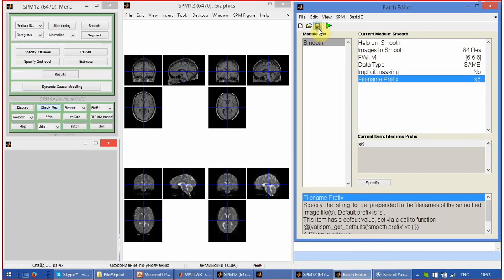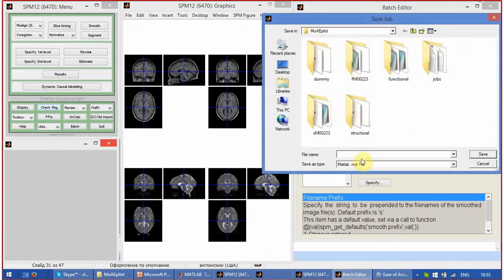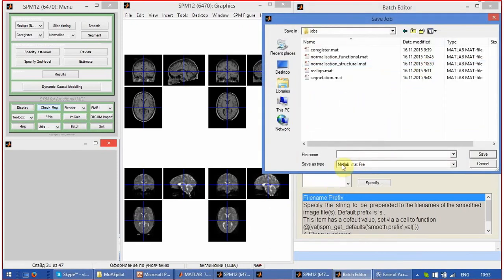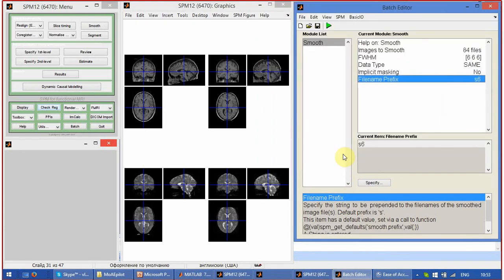And now you save it to jobs as smoothing. And now you run it. It does not have to take a lot of time,